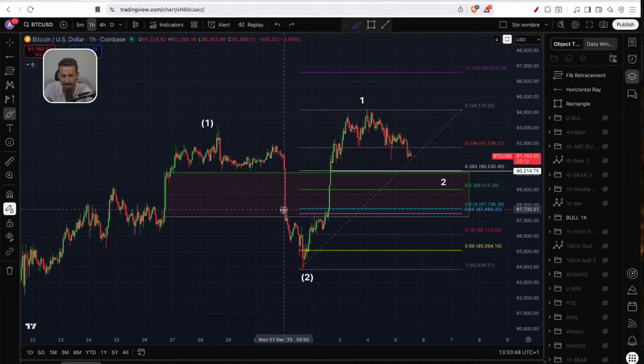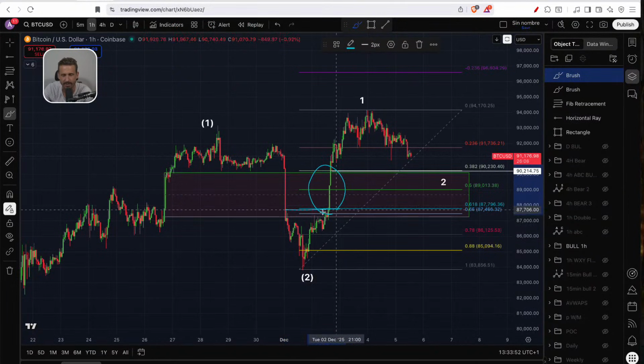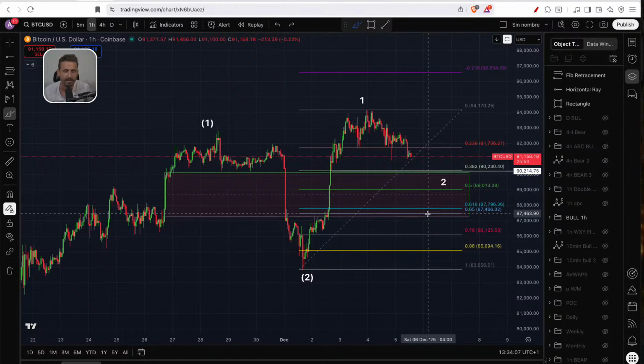We talked about this level Monday or Tuesday, saying, guys, stay away if you get back above here, 87.7. That's your limit zone for the price to reject. Okay, so it's very, very important, guys, to understand where you do not want to participate, because if you ask me, nobody knows what the heck is going to happen, but we can build